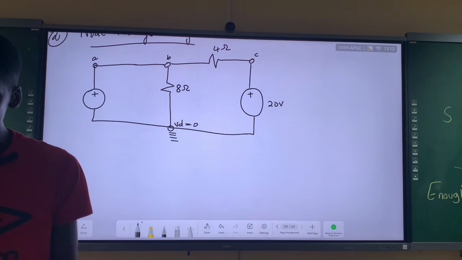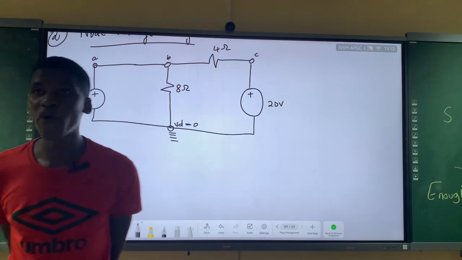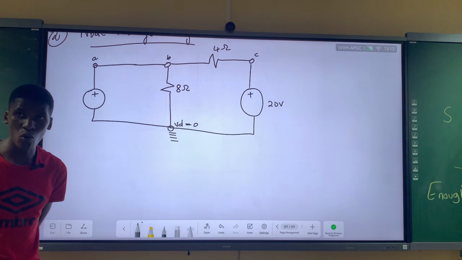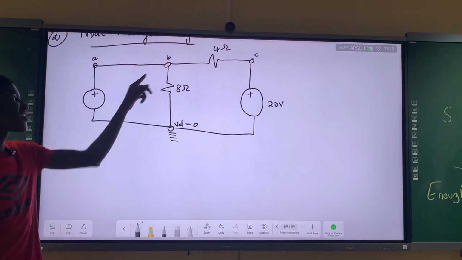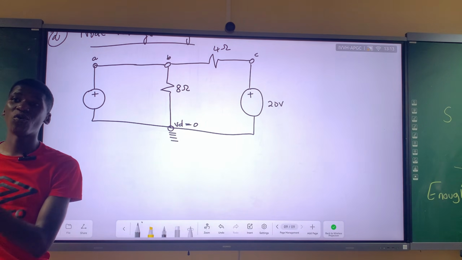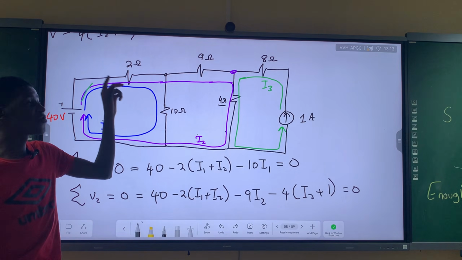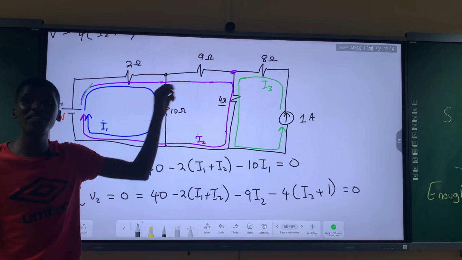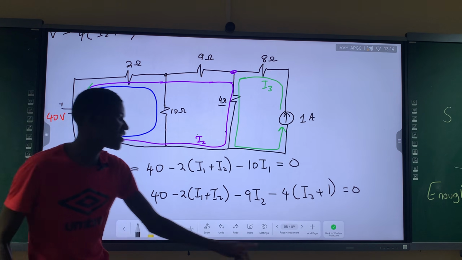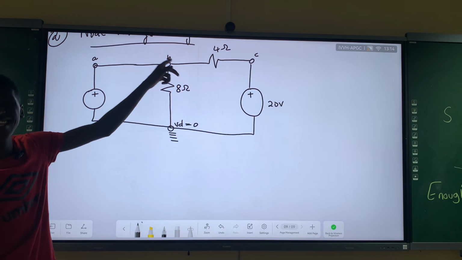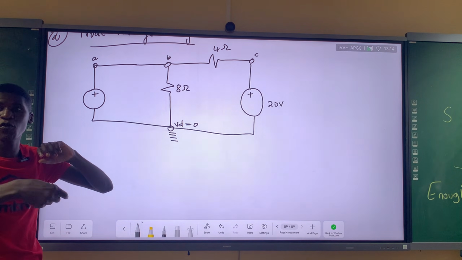Okay. So now, how do we do this method known as node voltage? We use Kirchhoff's current law. With node voltage, we use Kirchhoff's current law because something that has to do with a node is a current law. And with loop current, something that has to do with the loop is Kirchhoff's voltage law. So we are kind of mixing lessons. In this case, it's a node voltage analysis, so we are looking at Kirchhoff's current law because there's a node involved.